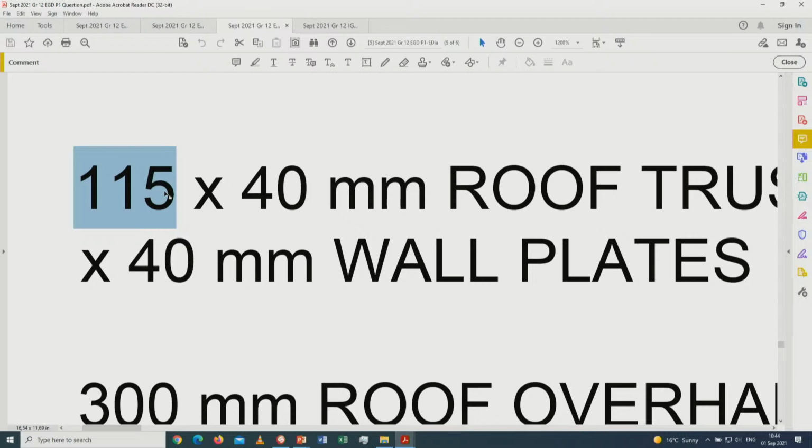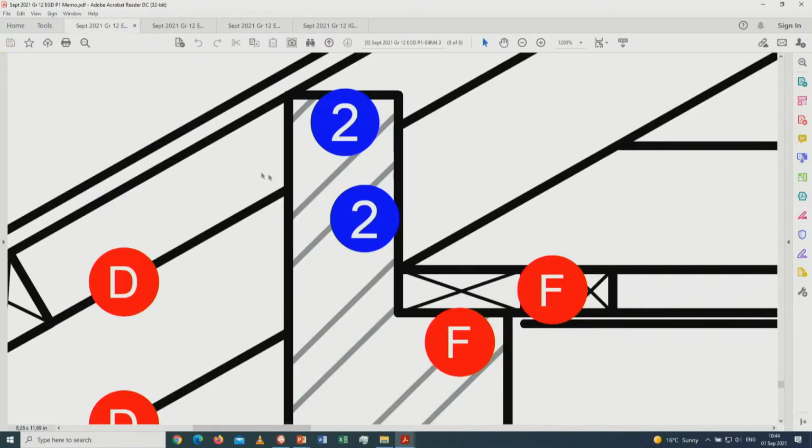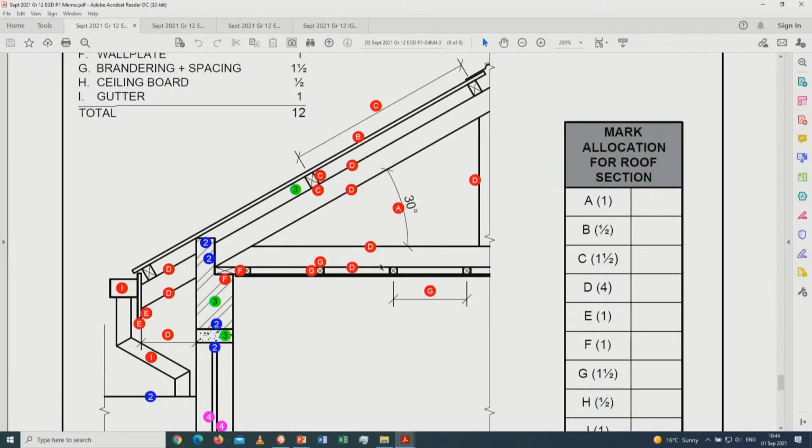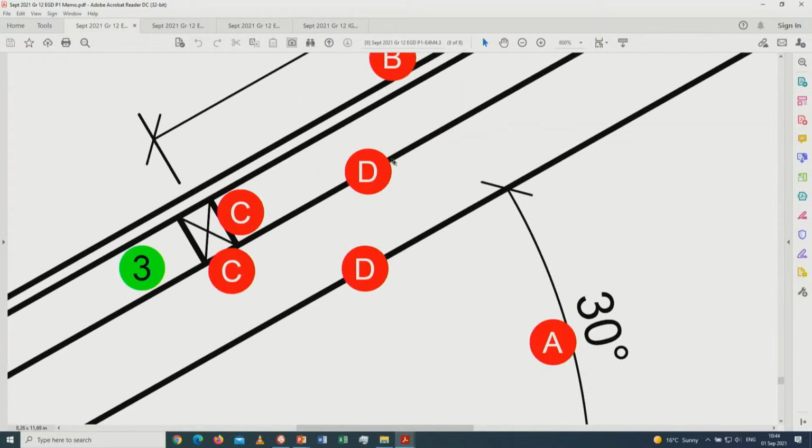Then in that case, 115 millimeters divided by 20 will give me 5.75. It gives me 6 millimeters. All right, so going back to the memorandum, it points out that that must be 6 millimeters and this distance must be 6 millimeters. So after we started at that point, 30 degrees horizontal, 6 millimeters, and that gives you the roof truss. If that's not 6 millimeters, if it's smaller, then the learner loses the mark for this part